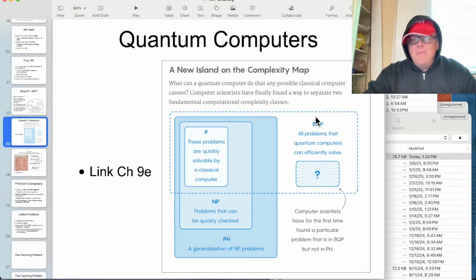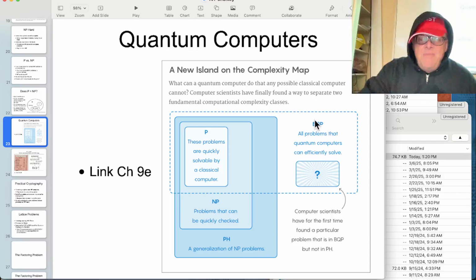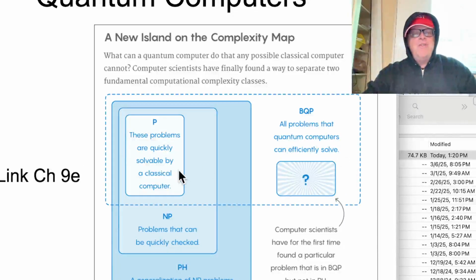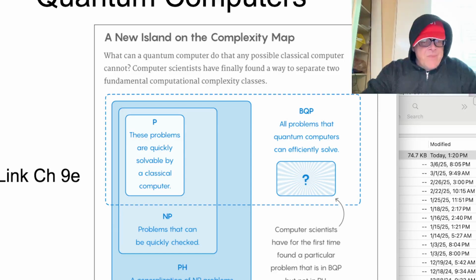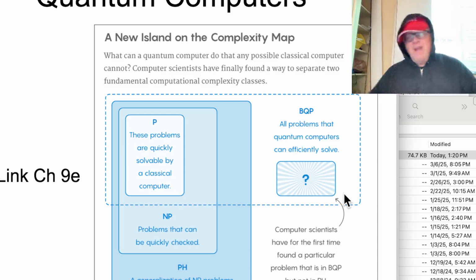And of course, quantum computers change it. So now they're developing BQP as the new theory, all problems that quantum computers can efficiently solve. People are trying to extend this logic of P, NP, and so on, and figure out how quantum computers change it, because a quantum computer is not really a Turing machine anymore. Turing machines use bits, and quantum computers don't actually do bits and bit transformations. So technically it's outside, and they're trying to figure out what this group of things you can solve on a quantum computer is, and how it relates to these. This is currently being worked out.